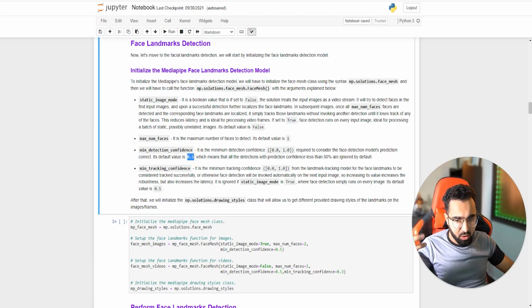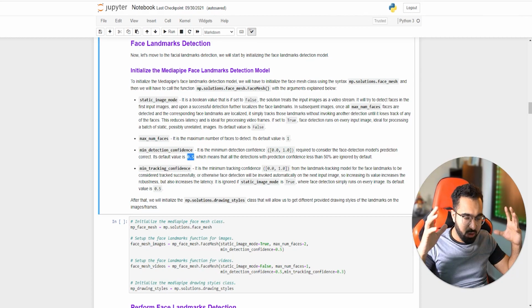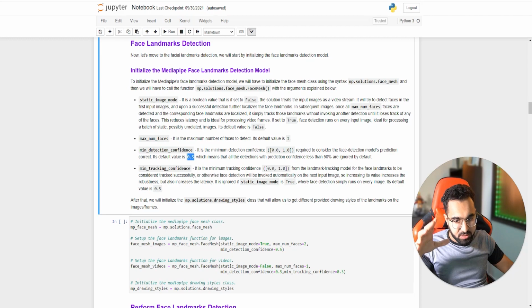And similarly, you have a tracking confidence. Remember, I told you that this is a tracking plus detection sort of a pipeline. So whenever tracking fails, and the tracking will fail when the confidence falls below this threshold, by default it's 50%, the detection is called again, and the detector model runs, and it provides the bounding box again, and then the tracking model starts again. It takes the bounding box and tracks the face throughout the video.